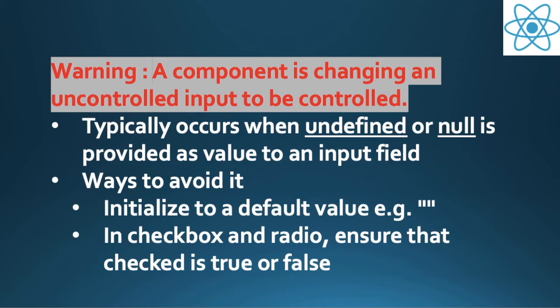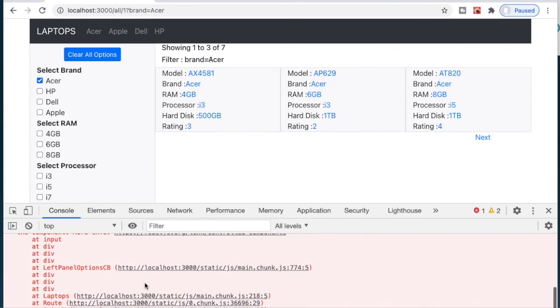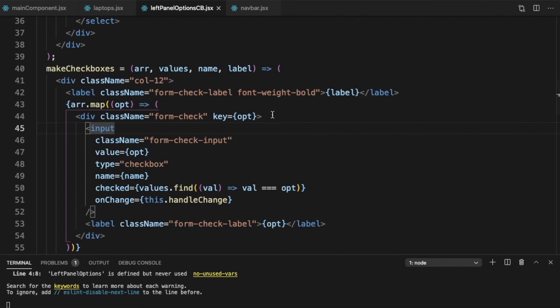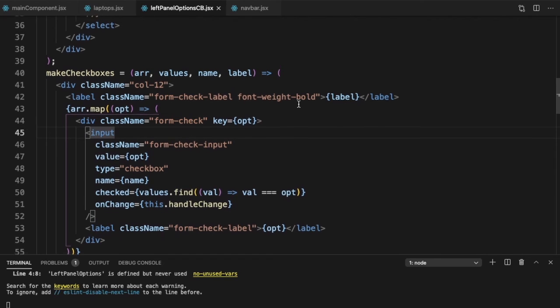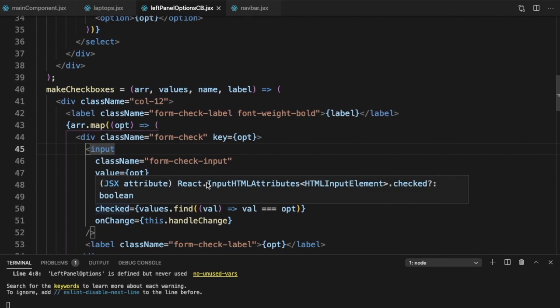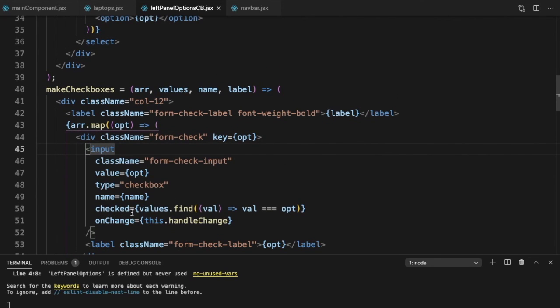So let's go back to our code here. And where are we getting this error? We are getting it in left panel options CB. So let's see, in our left options panel CB, we have the value checked here. Checked is values.find val such that val is equal to opt. Now if the values array was empty or we did not find it, then what does values.find return?